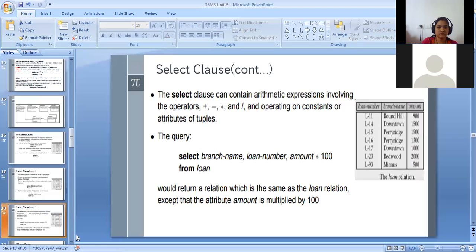Then we can also apply arithmetic operations on the select clause. For example, over here in the given loan relation, loan number, branch name, as well as the amount attributes are there. Amount consists of integer values, so we can apply the arithmetic operation on this attribute.